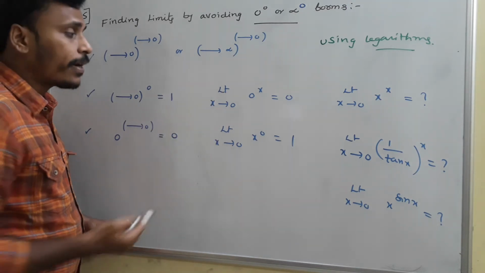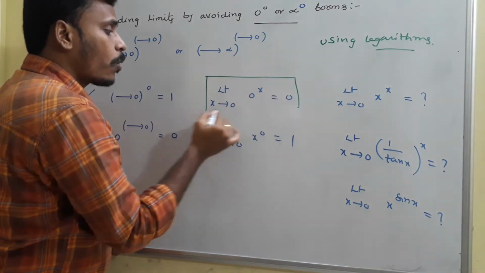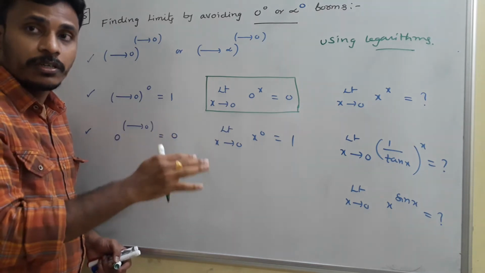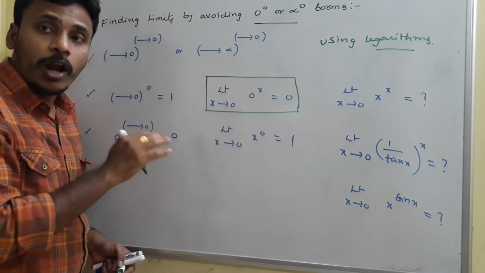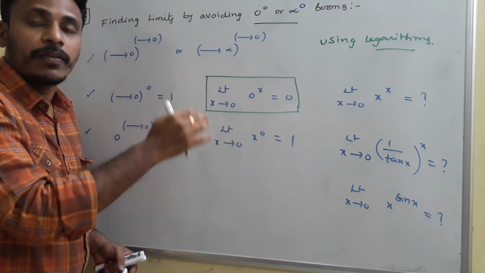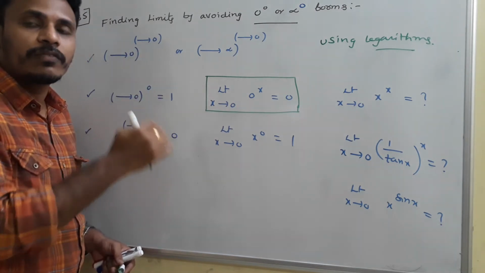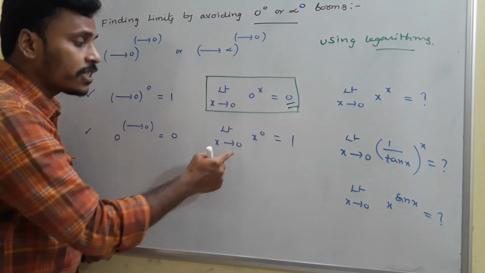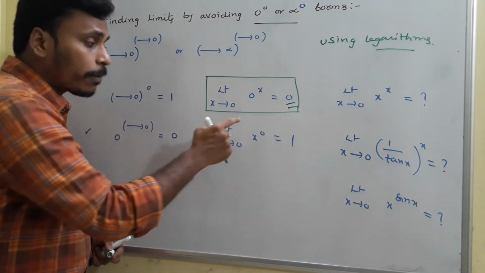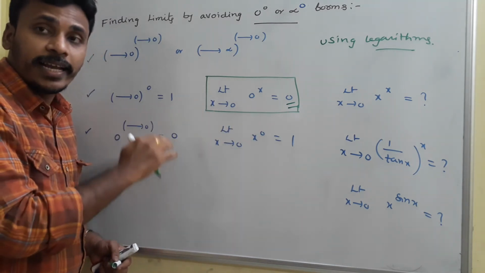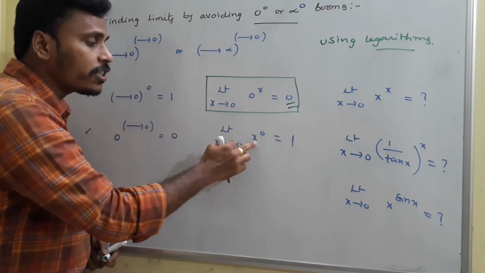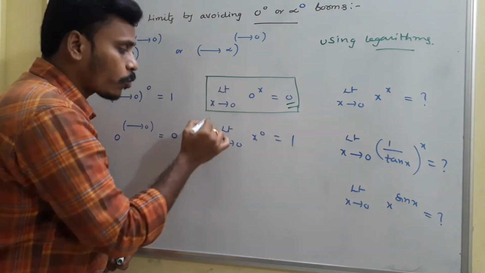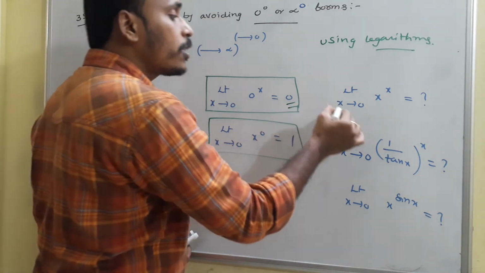You just observe. Limit x tends to 0, 0 power x. What is this? The base 0 is already fixed. This x and the limit is not affecting the base, it is just affecting the power. Since the base is fixed like 0, the power we need to change according to the limit. So 0 power anything is 0, the value is 0. Whereas here, limit x tends to 0, x power 0. Here the power is fixed like 0. This limit and x is not affecting the power, but we need to change the base x according to the limit. And anything to the power 0 is always 1.